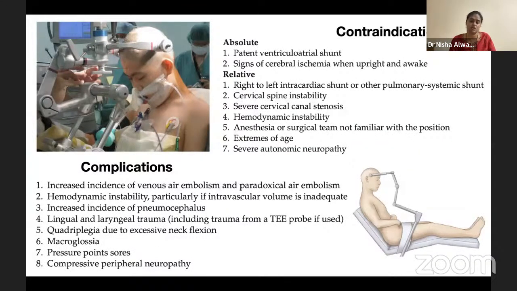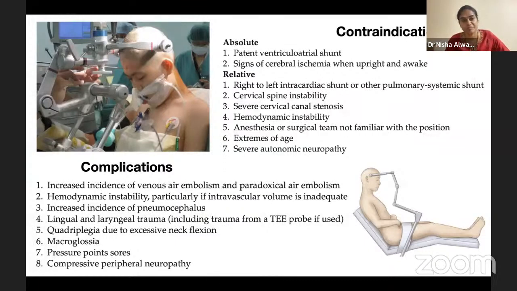The sitting position is not that commonly done these days, and it has absolute indications, like in case of some pineal tumors where the sitting position is wanted and definitely indicated. So you can see how the head is fixed over here and brought into the frontal table. And here again, you can see the way it is placed. There'll be a gap between the chin and the sternal notch, and the tubes are all secured.